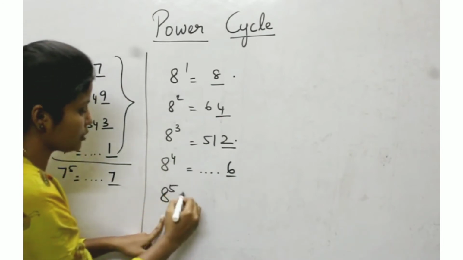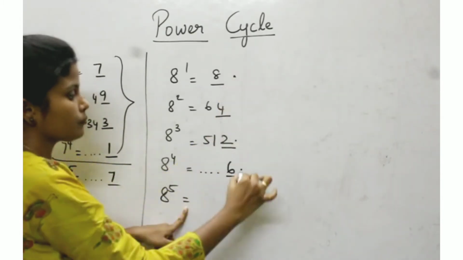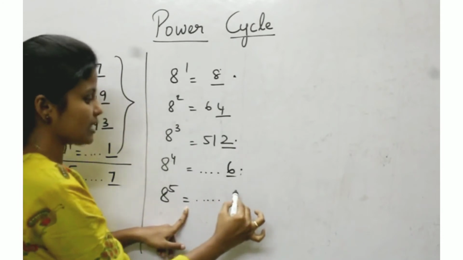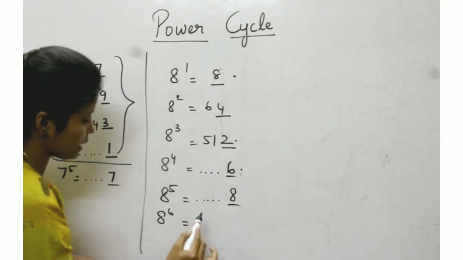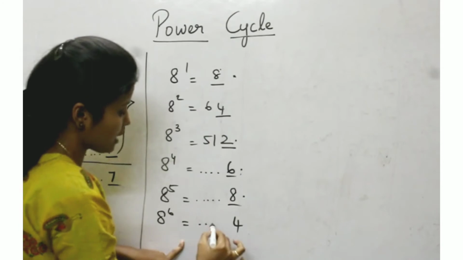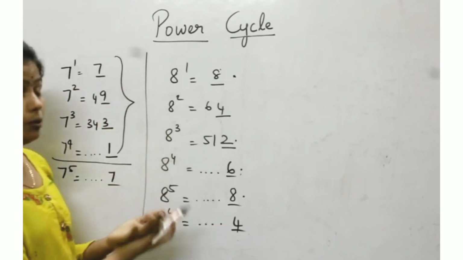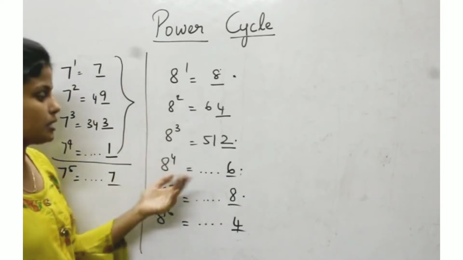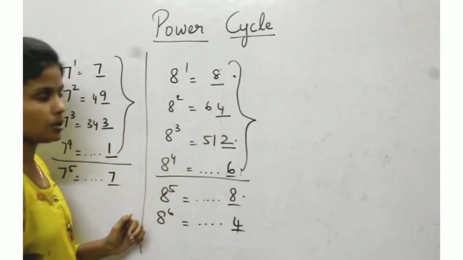And 8 power 5 is nothing but multiplication of unit digit of 8 power 4 and 8 power 1. 8 into 6 is 48. So 8 power 5 is some number that is ending with 8. So 8 power 6 again is nothing but 8 into 8, which is 64, so some number that's having a unit digit as 4. So if you look at it again, you must very well now know how to find the repetition or the power cycle. The power cycle of 8 repeats itself for every 4 values.